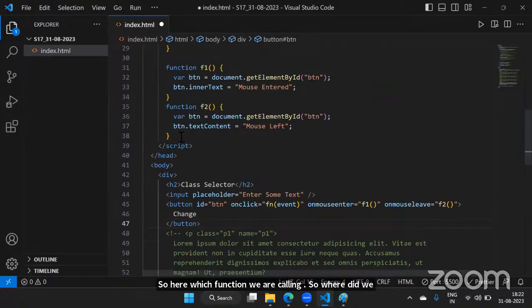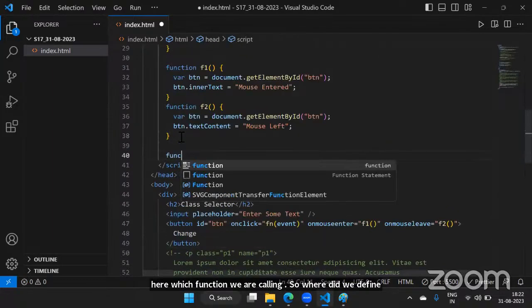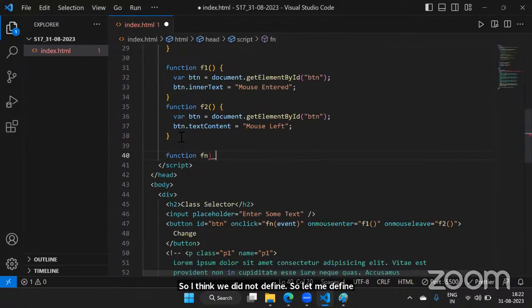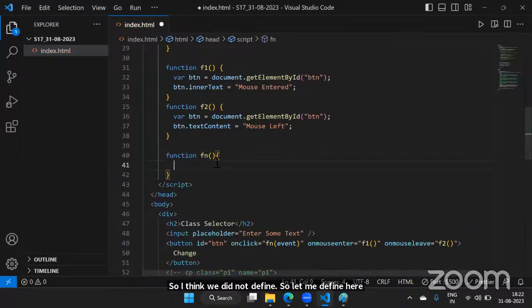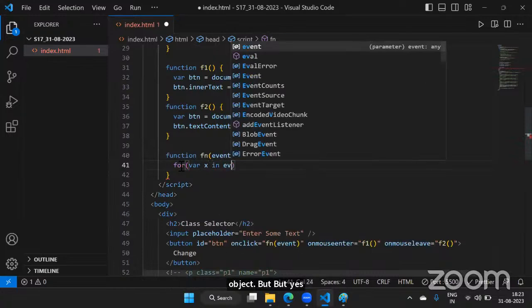So I think we did not define. So let me define here. Function Fn, here, event object. This is the object type. Event is an object. Now, if you do here for var x in event,